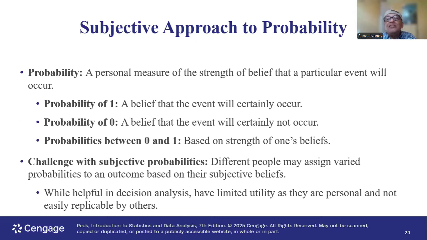And probability of an event is anywhere between 0 and 1. As I said, it is expressed as a decimal or a percentage. But the example before is subjective probability. What does it mean? It is based on a person's own personal belief. There is no scientific basis. There is no measurement happening here. Therefore, there are challenges with subjective probabilities. Okay? They have limited use.